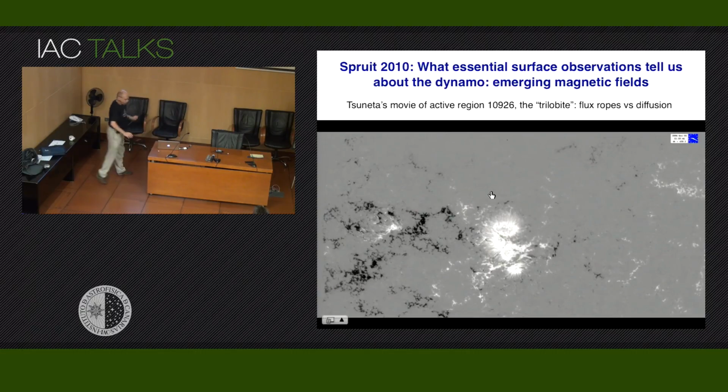Well, the surface appearance of the magnetic field comes in these strong things called spots. Furthermore, as they emerge through the system, there's a separation between the spots, and this is due to the fact that you've got these loops emerging through the surface, etc. This is anything other than a diffusive process. If diffusion were that important, literally that important, you'd have to reverse the arrow of time, because there's no way in which you can separate out fluids. It's like unstirring a cup of coffee, right? And so what's going on here is a diffusive process is one in which